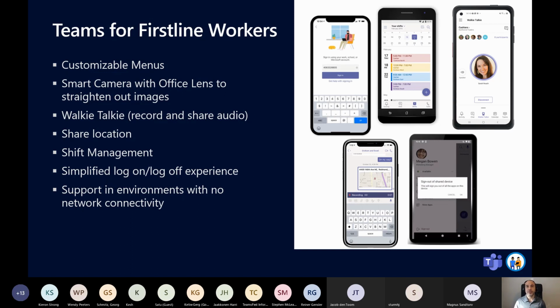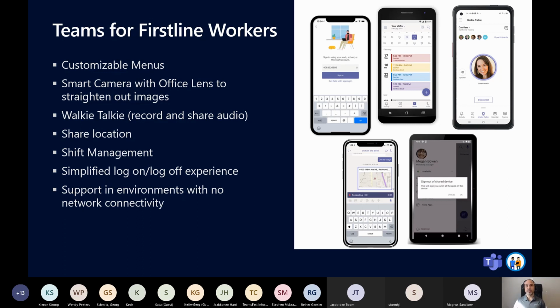Sharing location, right? So literally with a click, you can send a message to say, here is where I am. That's really important. If somebody's in the field and they want to say, hey, we have an emergency, can you please come here? They don't have to start typing information or anything. They literally just say location and they send it.